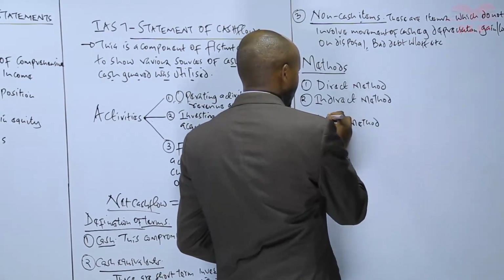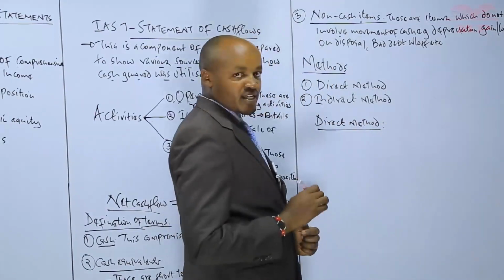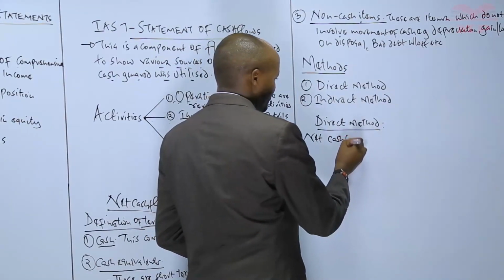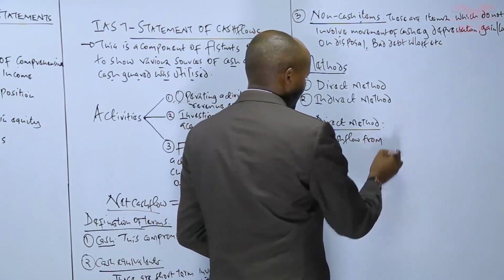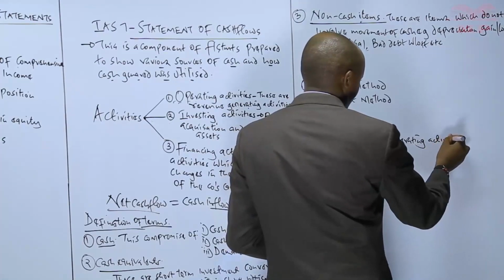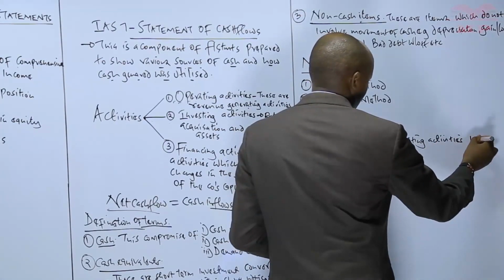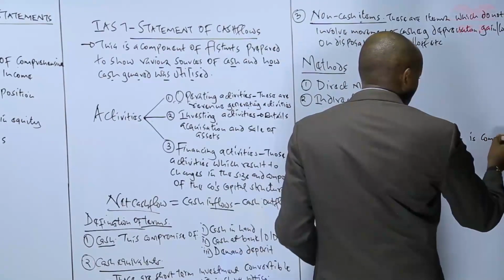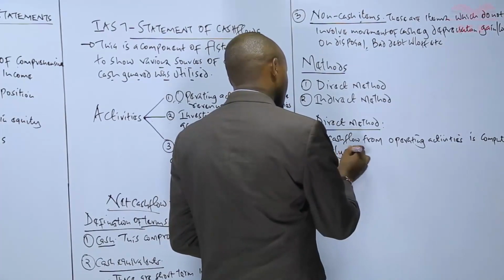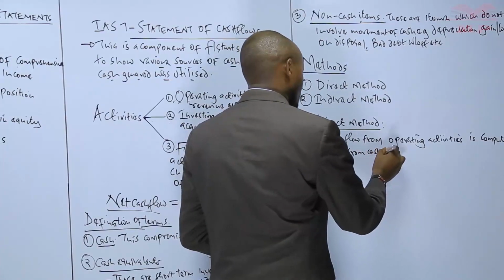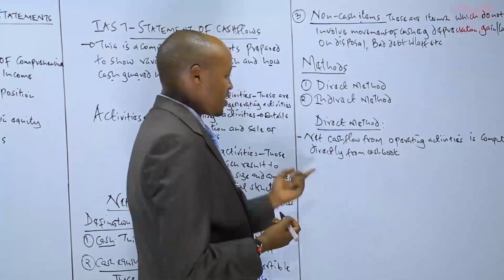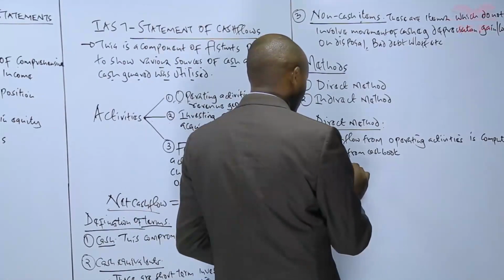Under the first method, that is the direct method, the net cash flow from operating activities is computed directly from the cash book, meaning that the net cash flow from operating activities is computed directly from the cash book, and therefore under this particular method, to compute the cash flow from operating activities,